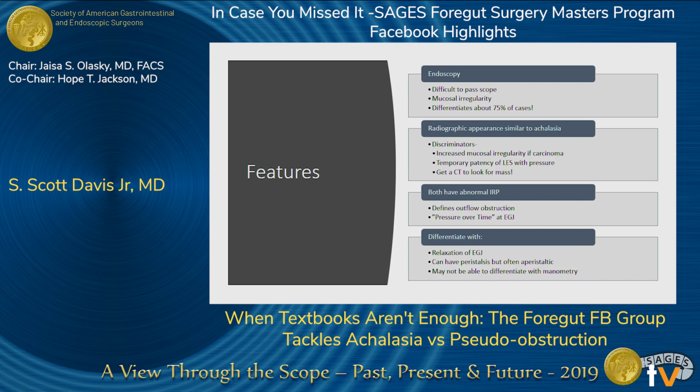Both achalasia and pseudoachalasia are going to have an abnormal IRP generally. And the IRP is the integrated relaxation pressure. I always have to look up how this is measured, but essentially this is pressure over time at the esophagogastric junction. So if you're running the software, you make a little box. The box starts where the esophagogastric junction is located on the pressure waves, and the x-axis is going to be a 10-second window after deglutition, so initiation of the swallow. During that 10 seconds, you take the 4 lowest time points within there, and taking the mean of those will